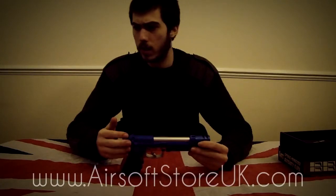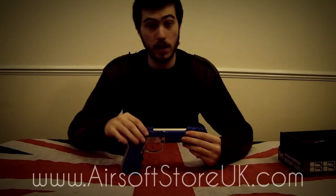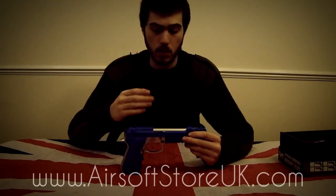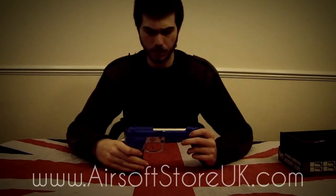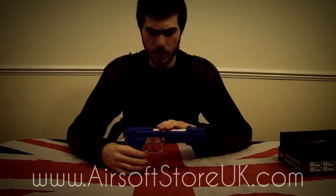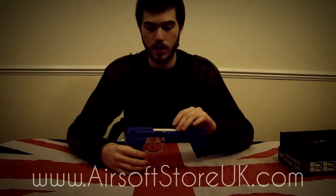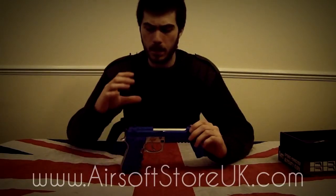It's a very nice gun. If I just look at my specs that I've got here, it is shooting around 250 FPS and it shoots around a 35 to 45 meter range, depending on your weather conditions. And the reason it does this is, if you haven't seen the review of the HA-118 standard version of this, then go and check that out, and you'll see that the